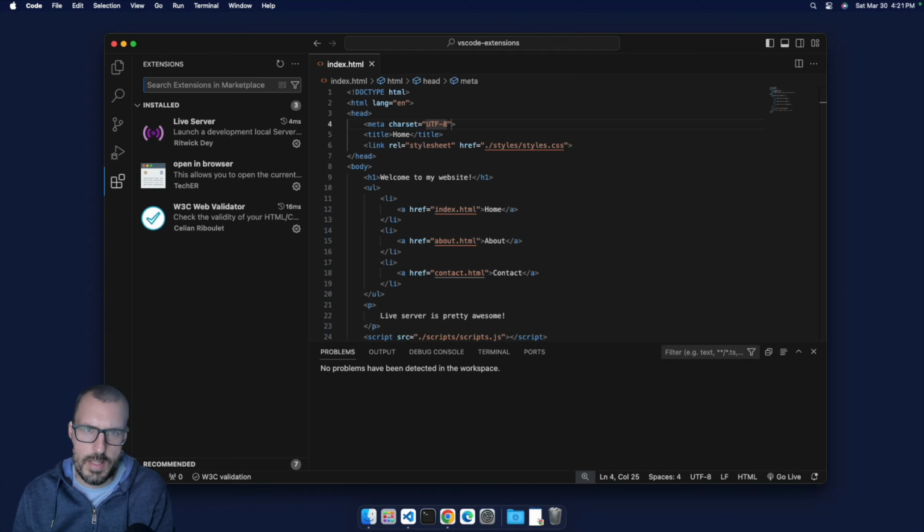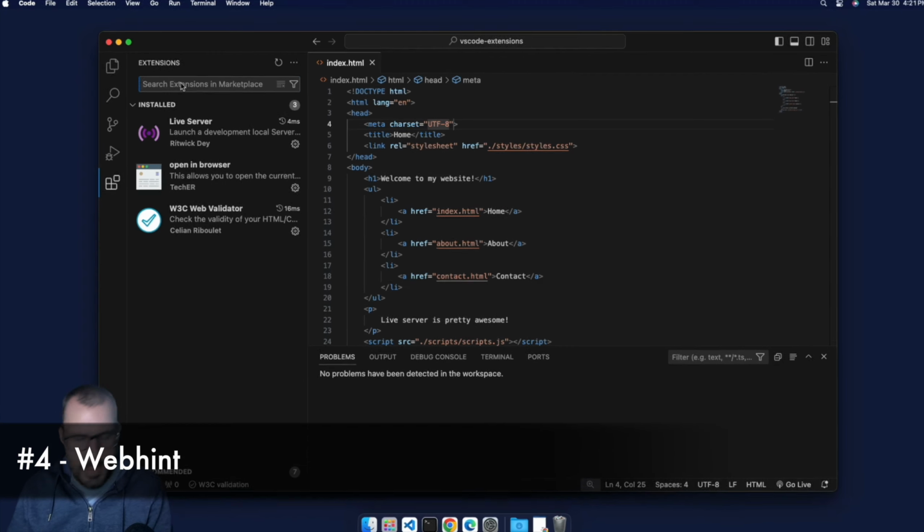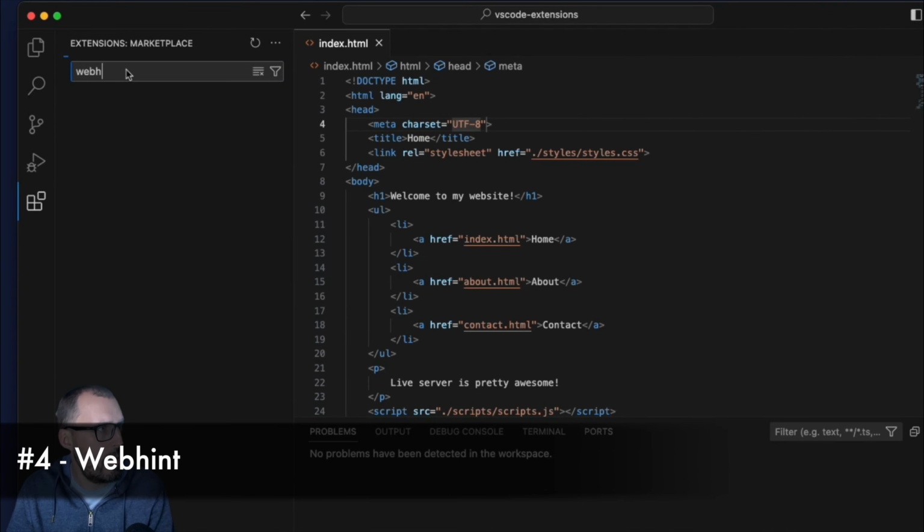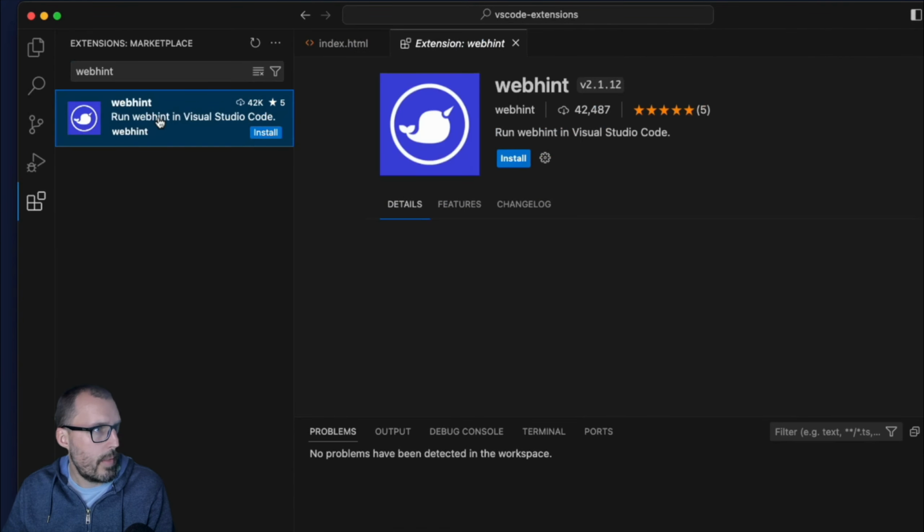And the W3C validator also doesn't give you tips and best practices on the things that are important for your HTML code. It's mainly just checking to see if your code meets the HTML spec, which is something a little bit different than best practices to make sure that your code is accessible, well written, structured correctly, stuff like that. So let's go ahead and take a look at this. This extension is called Webhint. So if I type in Webhint here, and I'll go ahead and click on this,